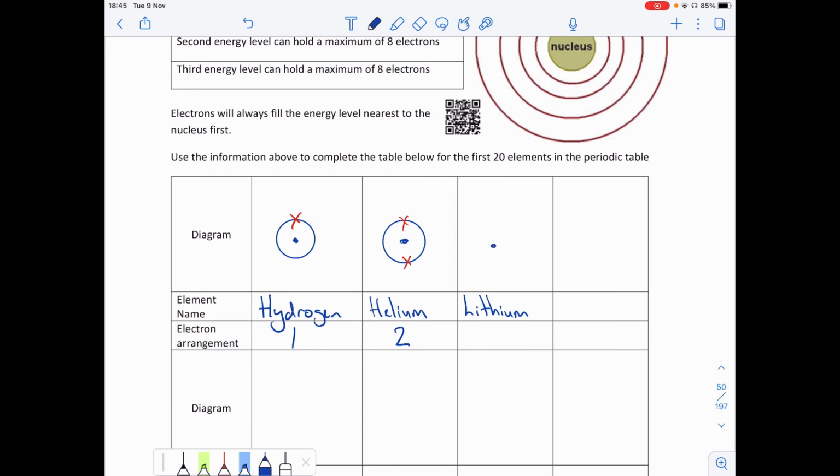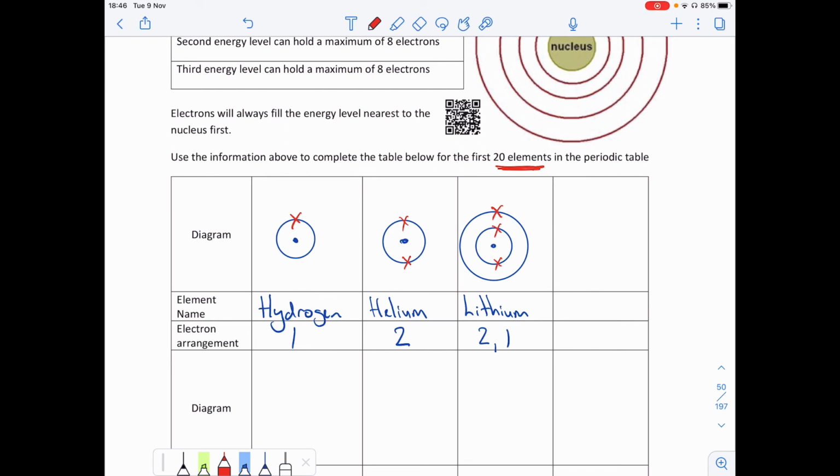So to do lithium, we would draw our energy level, okay, and we know that lithium has 3 electrons, so there's 2 in the first, that's then full. So in order to get my third electron in, let's have another one here. We can cheat a little bit with my picture. And I'm going to put my electron there, and I'm going to write that down as 2, 1. 2 in the first, 1 electron in the second energy level, adds up to 3. There is lithium. So what I want you to do now is to do this for the first 20 elements